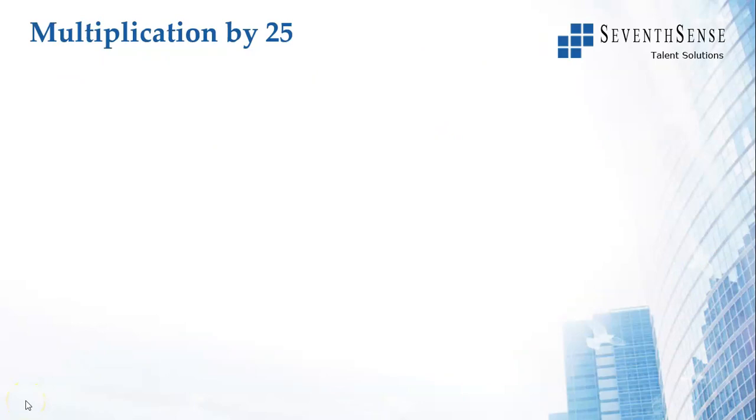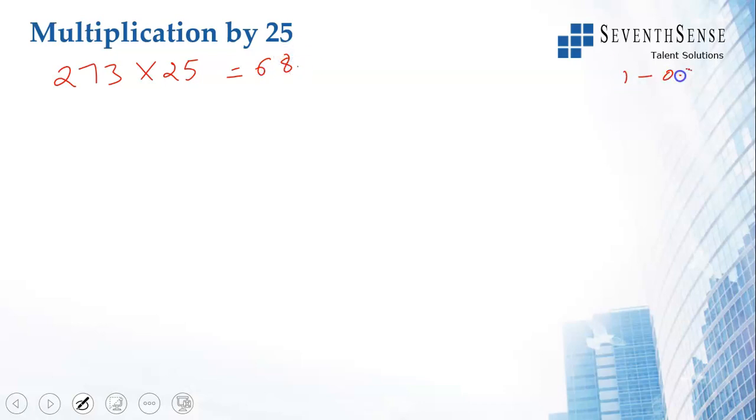Let us look at a few 3-digit numbers. So let's take 273. 273 multiplied by 25, you divide 273 by 4. 6 fours are 24, 33, 8 fours are 32, so 68 and then 1. If 1 is the remainder, you add 0.25. If 2 is the remainder, you add 0.5. If 3 is the remainder, you make it 0.75. So here 1 is the remainder, I make it 68.25 and then multiply by 100.